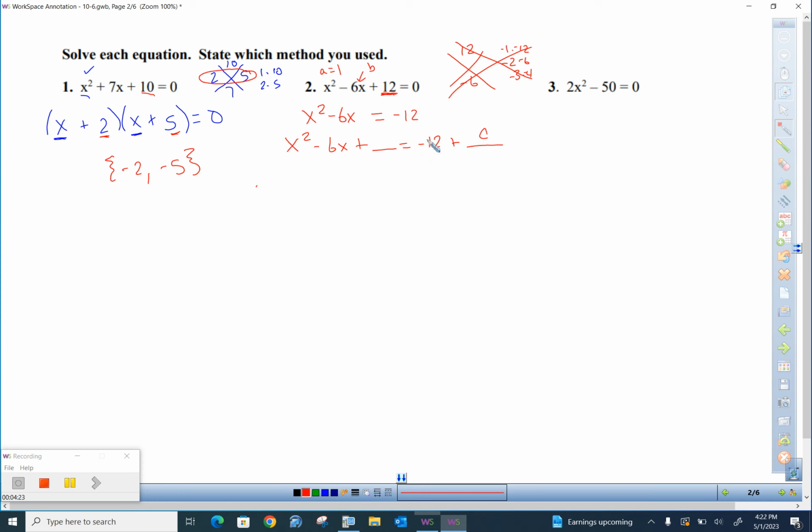Okay, and they call that C a lot of times. But I showed you, you can think about this by setting up a box, where this is x squared, and this -6 is coming from the diagonal, -3 and -3, which means my perfect square comes from -3 squared, or -3 times -3 is 9. So here I've got x squared minus 6x plus 9, then equals on the other side,